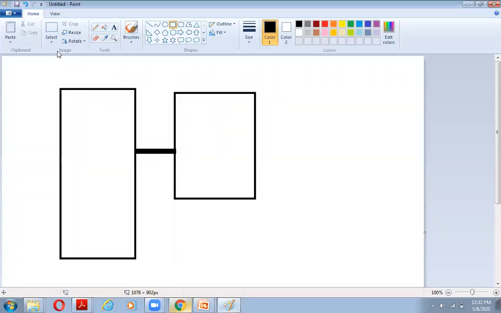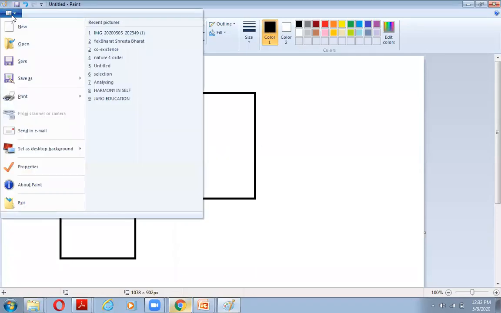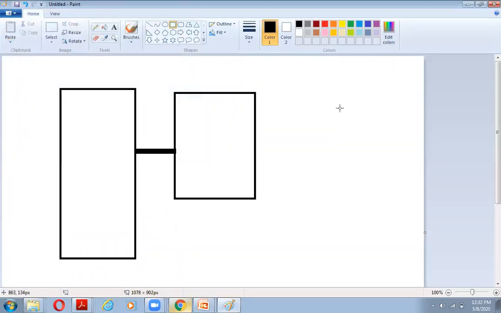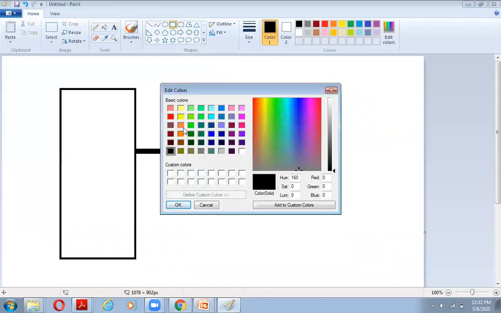I can also put various images with the help of this. And now I can put the colors within them as well.